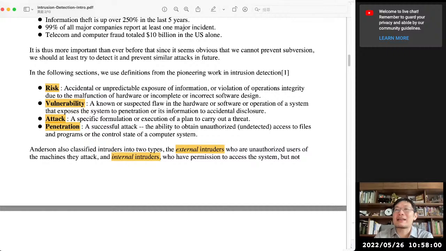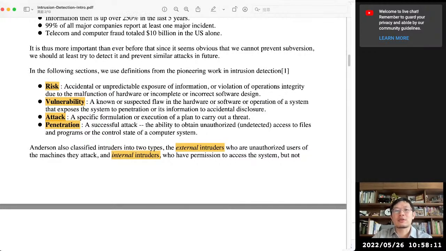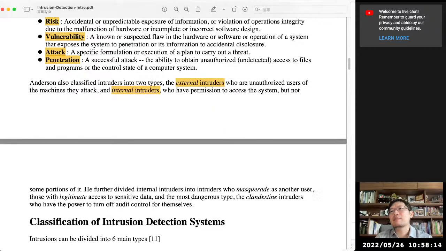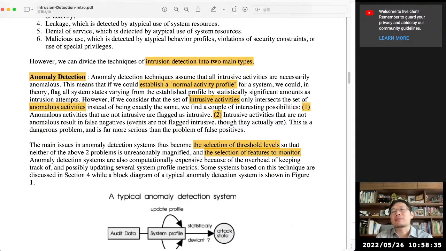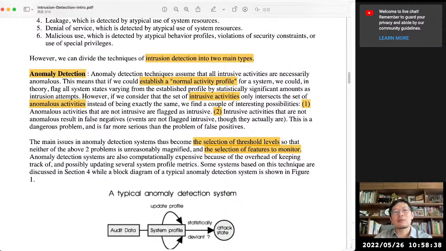first class in our course. What is risk? What is attack? Okay, penetration means attack. There are several different roles of intruders, external and internal, and most of the time, some serious, severe attacks are made by internal intruders. So you have to make sure you understand this. 有很多时候攻击比较重大的攻击都是内部员工在捣乱的，所以 internal 的 intruder 也是很重要的。